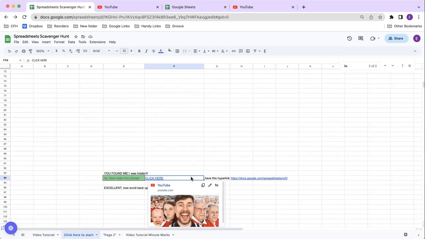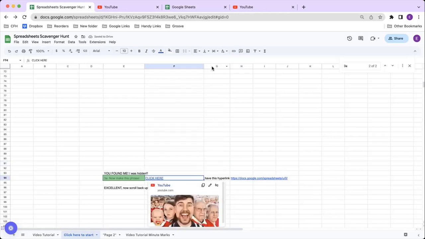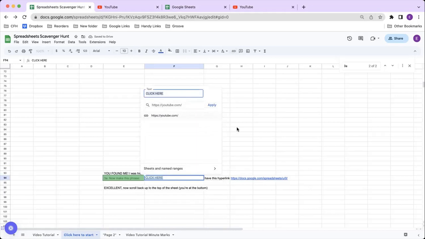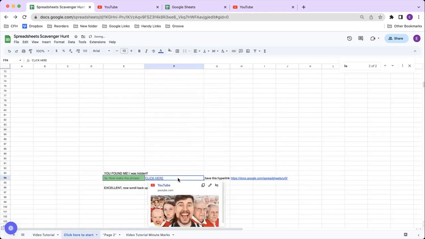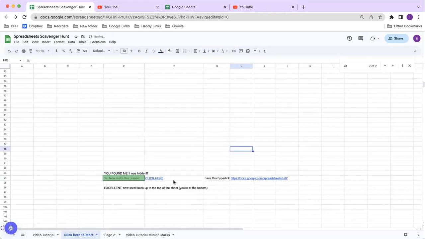There are three ways to edit a hyperlink once you've dropped it. You can either click on the cell with the existing hyperlink and then click on the edit button, or you can click on the cell with the existing hyperlink and click the insert link button, or you can click the cell with the hyperlink and do a Command K or a Control K. In all cases, it's going to bring you to your two fields, the title field and the link field. Always remember to click Apply when you're done. So we've just completed 3A. Let's change that text